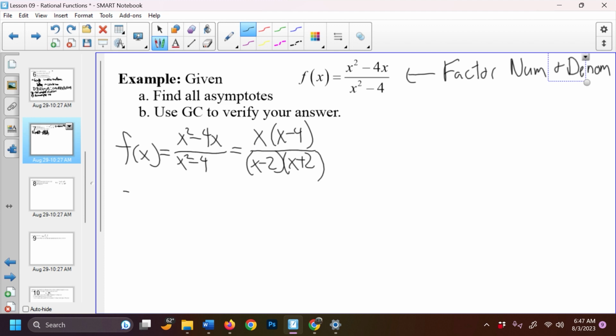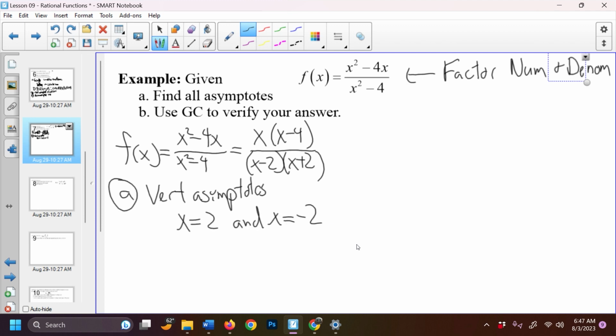And so in part A, when I talk about my vertical asymptotes, I am going to have one at x equals 2 and at x equals negative 2, because that's where I'm going to get divisions by 0. My horizontal asymptote